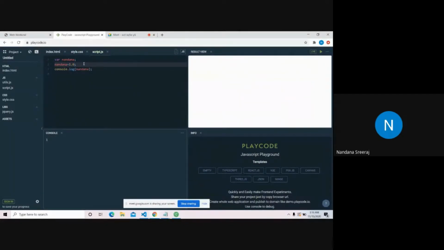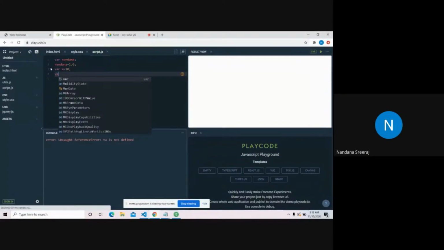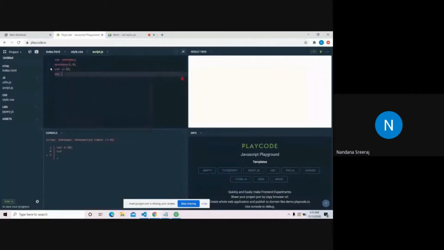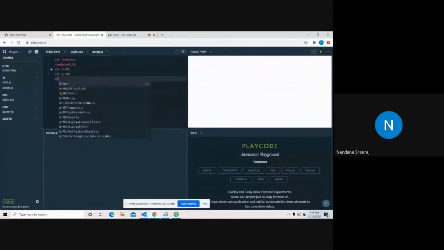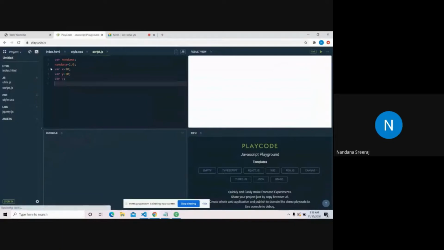And the next thing is operators in JavaScript. I'll declare a few variables: var x is equal to 10, var y is equal to 20. As in any programming language, we have different operators here. We'll declare var z, and z is equal to x plus y, or z is equal to x minus y.